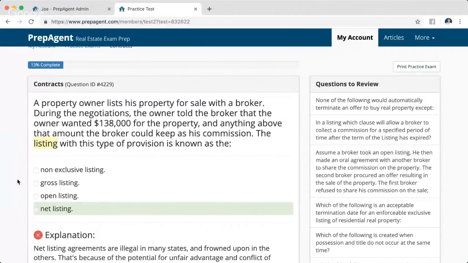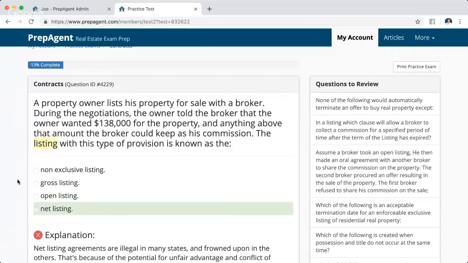Okay, so you guys don't know why it's frowned upon or illegal in your states. It's because there's a conflict of interest there. The premise is if a property is listed for 500 grand and you bring an offer of 550, you get 50 grand. Great, you've got incentive to bring the highest offer possible because you get more money. The problem comes in if you bring an offer of 500 grand or less, then you could potentially get nothing. The seller could decide to give you nothing.